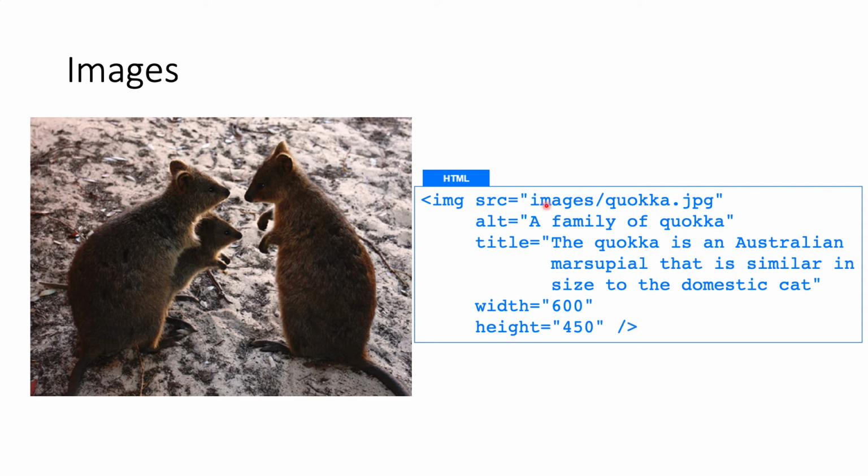In the source, of course, you point to the image itself, where it is. And the alt, I already mentioned, is an alternative attribute. If for some reason the browser cannot load your image, then this sentence will appear instead. So that's an advisable tip: define this attribute in every image, because you never know. If it doesn't get rendered, then at least the user will understand in words what's supposed to